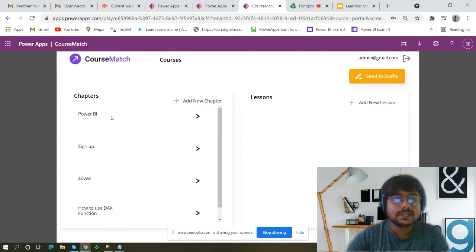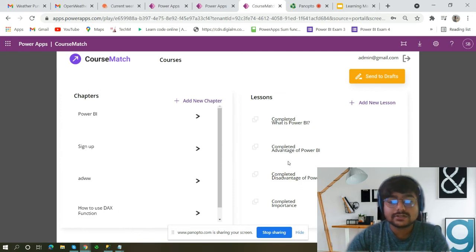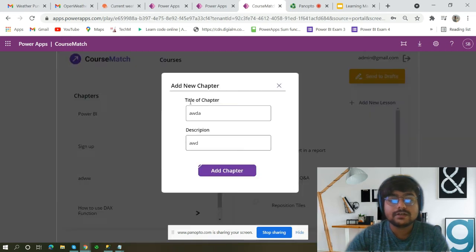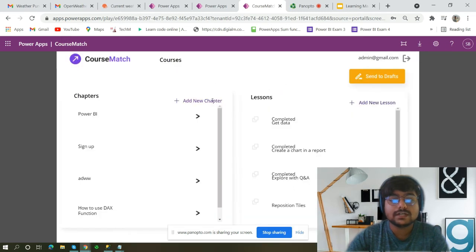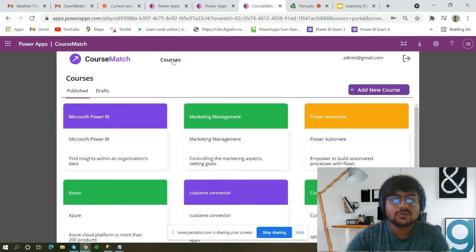Instructor can also be able to see all the lessons which are interlinked with these chapters. They just need to click on that chapter, so the whole list of lessons is listed here. And if we click on sign up, these are the lessons that are interlinked with the sign up chapter, right? So from right here, they can also add new chapters, add new lessons if they want. Just now moving on to the